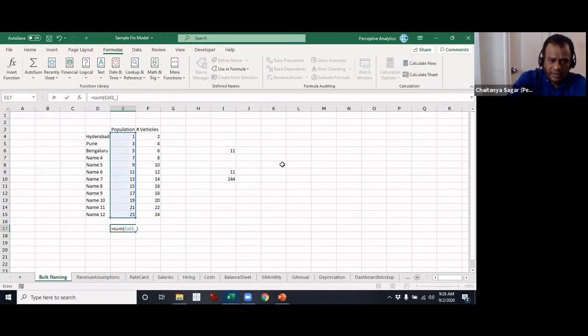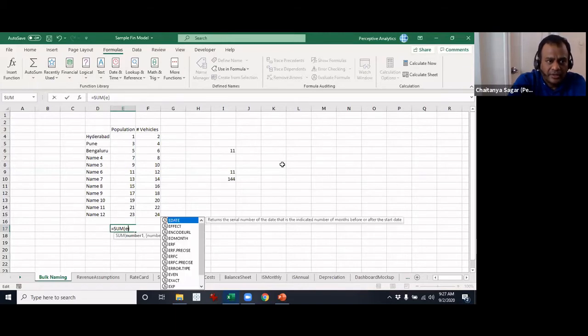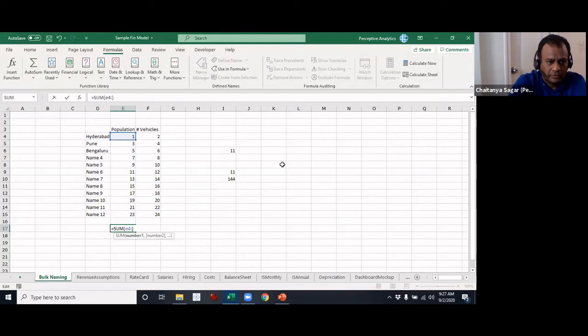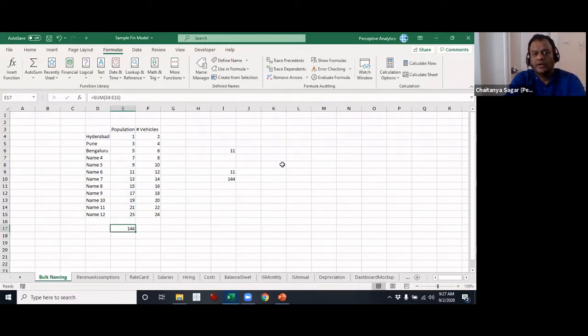It is actually saying column 1, but let me just take E4 all the way through E15. Sorry, there is one extra. Okay, so now we have the sum here.